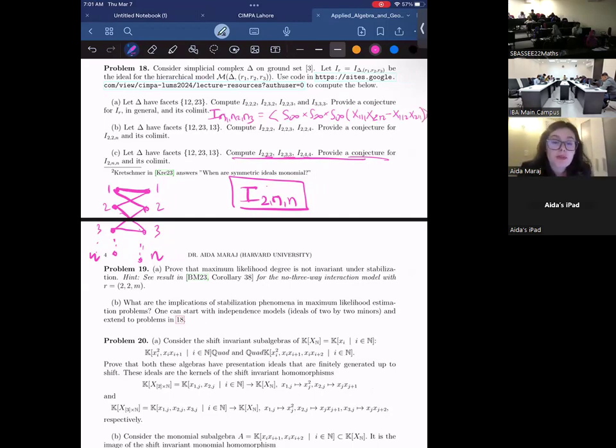So I claim in all the answers you had in each of these cases, the generators were obtained by taking this one and applying symmetries in each of the indices. This is the pattern I got too. And this is also what we said in the lecture, that when this delta here is decomposable,